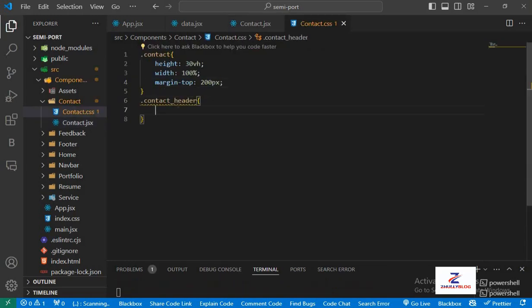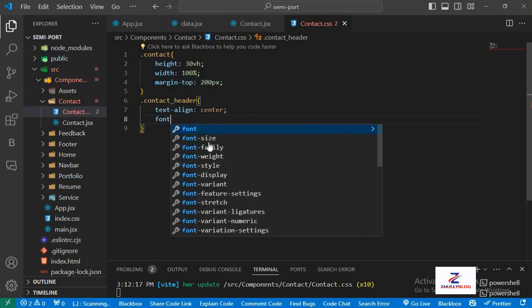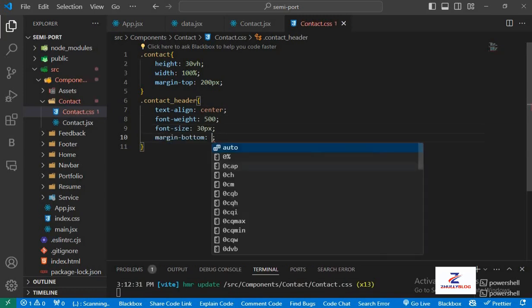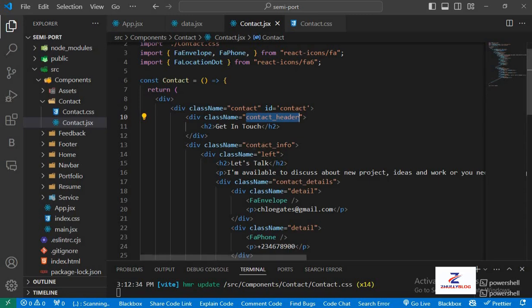I'm going to add text align, I want it to be in the center. Then the font size, font weight of 500, font size of 30 pixels, margin bottom of 20 pixels. So this is what we have now. Okay, now for the contact info,